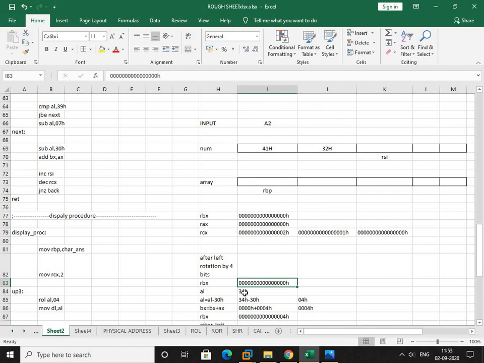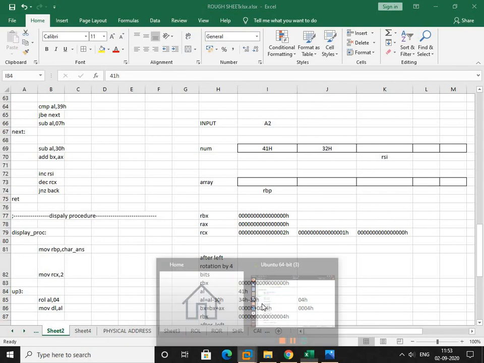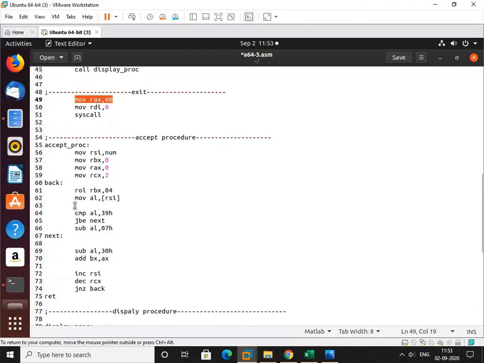Now what is the content of AL? 41H. Now we see the content of RSI and copy it into AL.